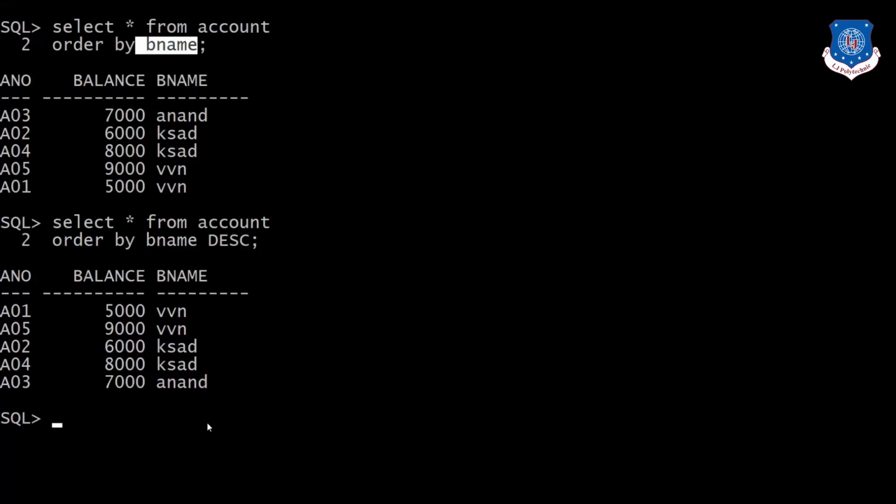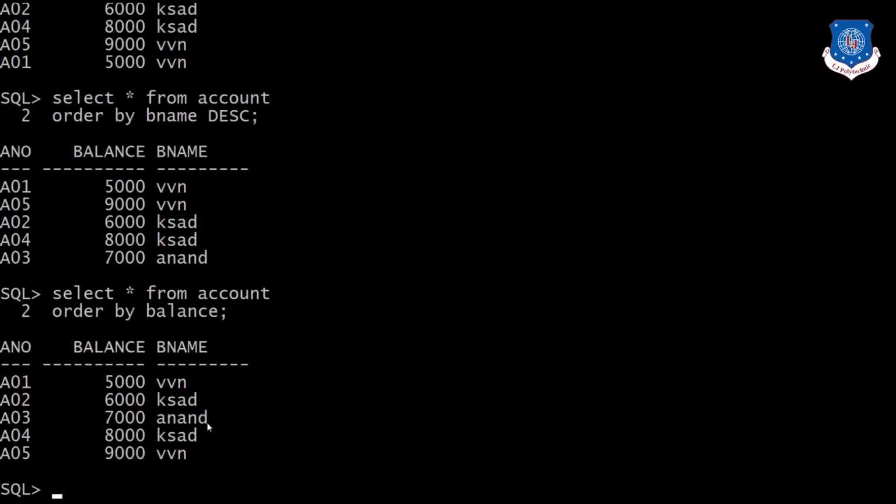It also works with any column, as for example select star from account order by balance. So the lowest balance will be first.